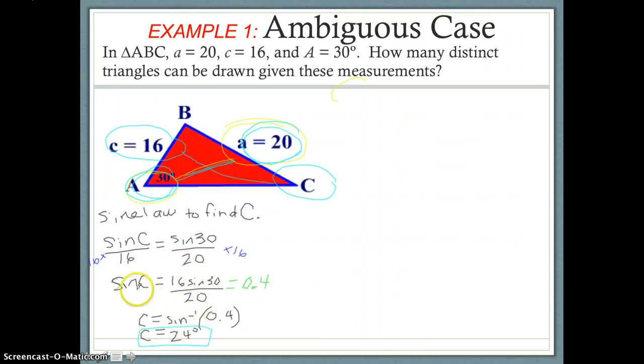Okay, but we know from last unit that sine is positive in two places. This is your Cartesian plane. Sine is positive in this quadrant and positive in this quadrant because of the CAST rule. So our angle could be 24 degrees, or it could be in this quadrant as well. We're not sure. Where this related acute angle would be 24, which means that our other possible angle